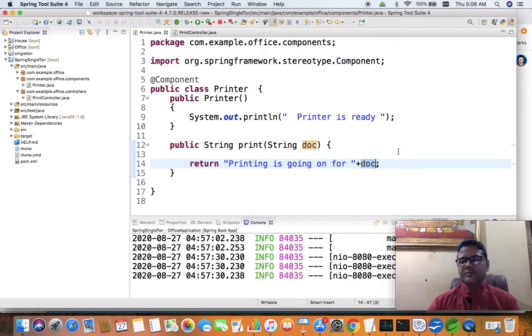So to keep a similarity between our ordinary project and Spring project, I have kept the class name the same, and the behavior also more or less the same. The only difference we are getting over here is a component. Its @Component is an annotation we have used whenever we go for creating a Spring Boot project, which I have already shown how to create previously.